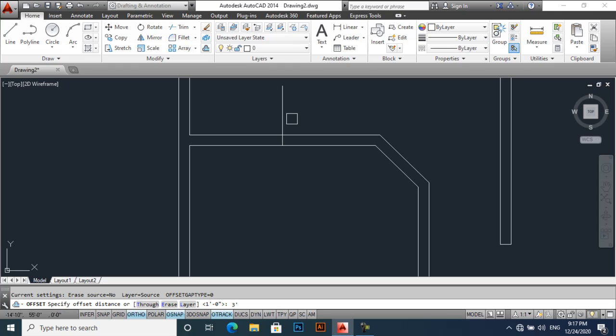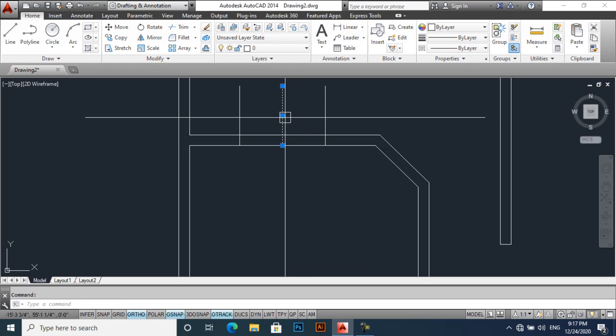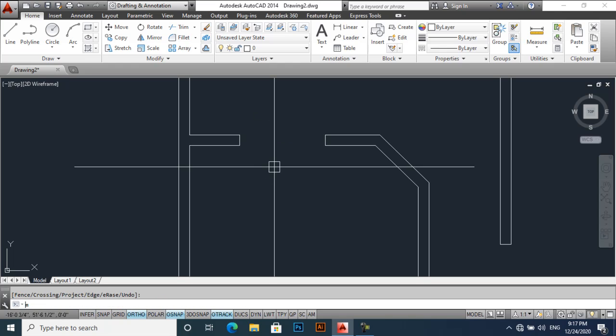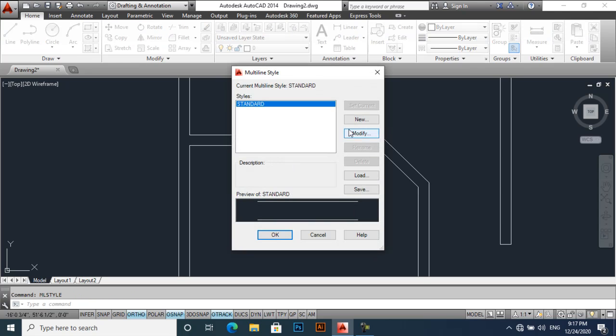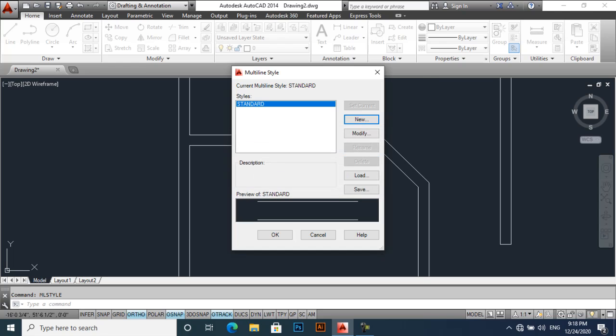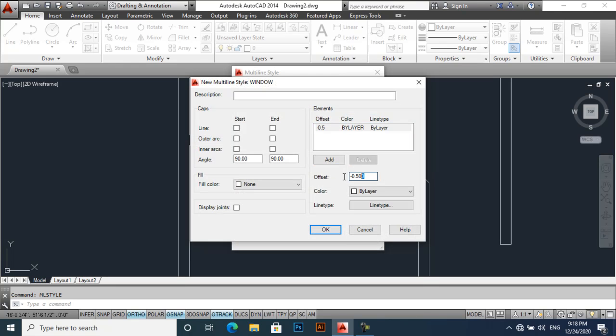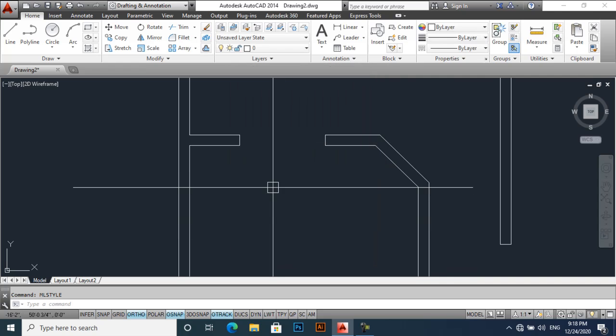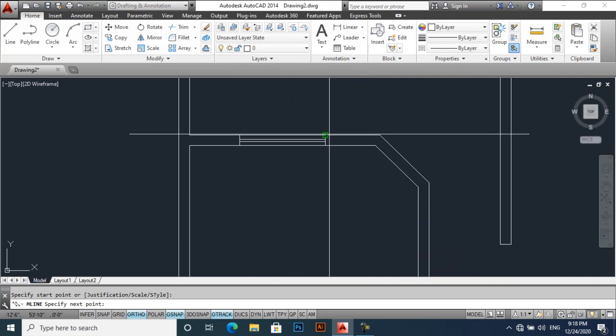Now let's create windows, offset 3 feet to each side, trim it, ML style, multi-line style, and rename it as window, delete it, 3.5, add 5.5, and then 9, edit, OK, set current, OK, ML for multi-line, and let's draw